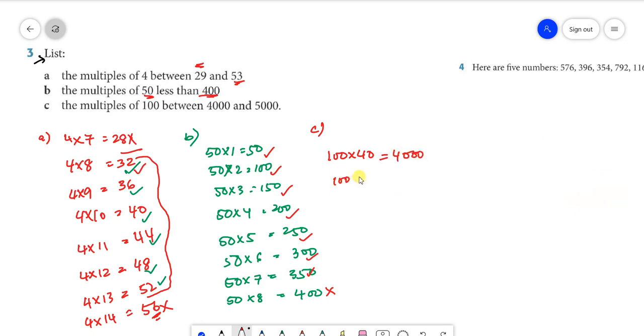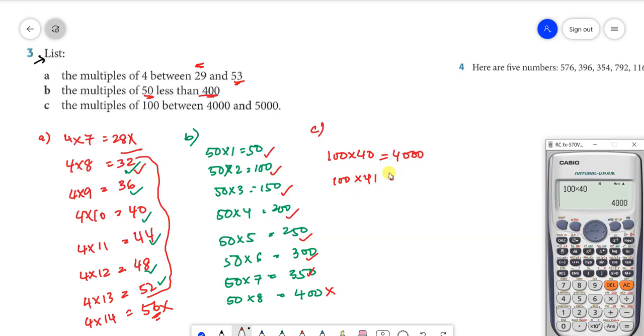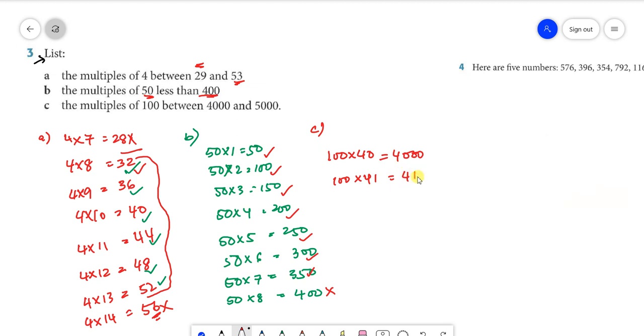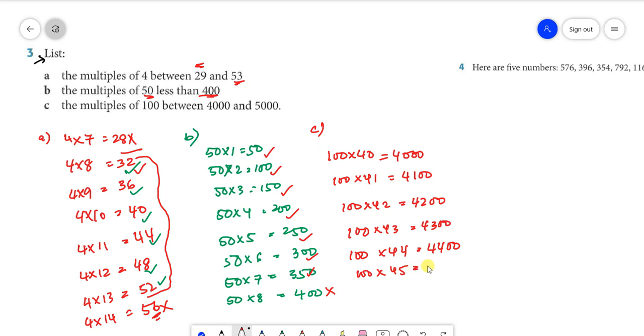And 100 times 41 is equal to 4,100. 100 times 42 is equal to 4,200. 100 times 43 is equal to 4,300. 100 times 44 is equal to 4,400. 100 times 45 is equal to